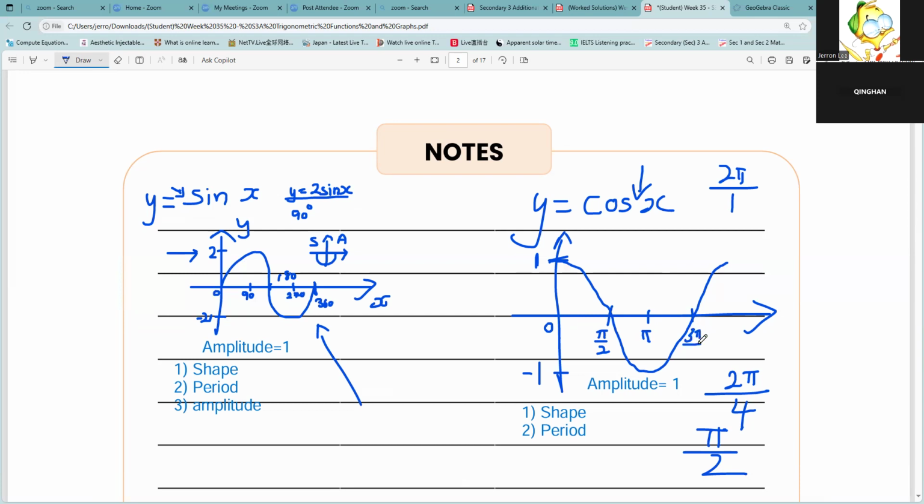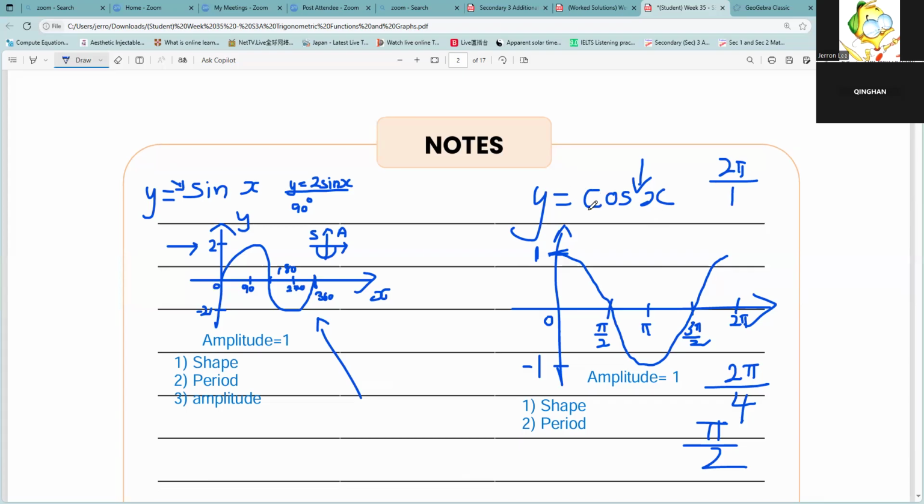This is, of course, last but not least, 2 pi. Okay, right, this is like that, no? You notice. So knowing the sine graph is actually very good, because knowing the concept of the sine graph also helps you in finding the same thing for cosine, just that the shape is not the same, that's all. Okay, all right, hope you are clear with this, because I'm going to explain to you the second part of